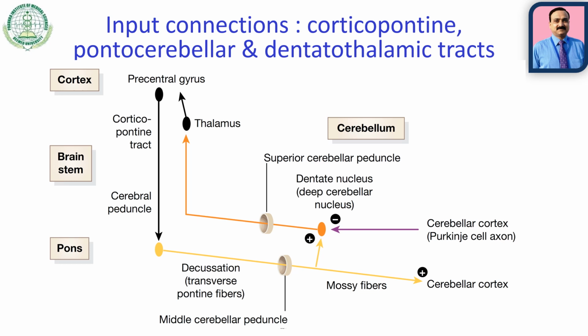So if you want to describe again all these connections, you can see, if we consider this is cortex whose precentral gyrus is here, then this is brainstem, then this is pons, and suppose on this side there is a cerebellar cortex or the cerebellum. So here is the cortex and here deep nuclei. So you can see here